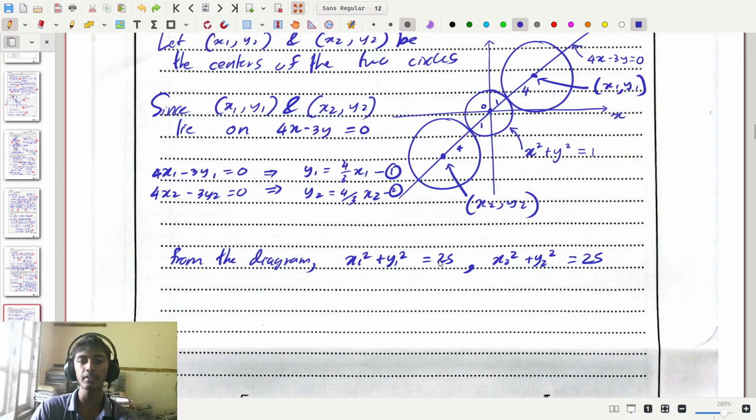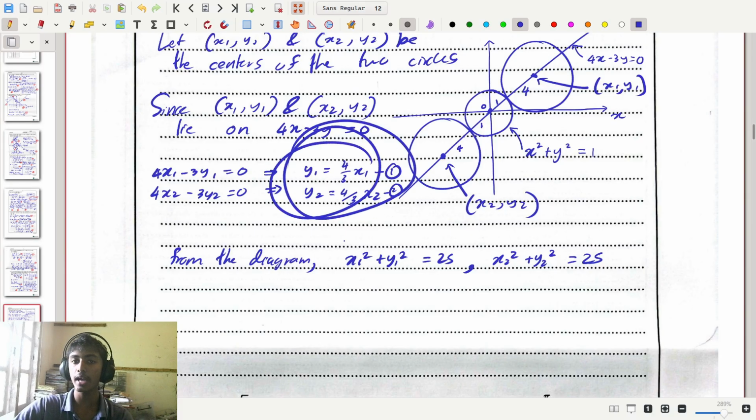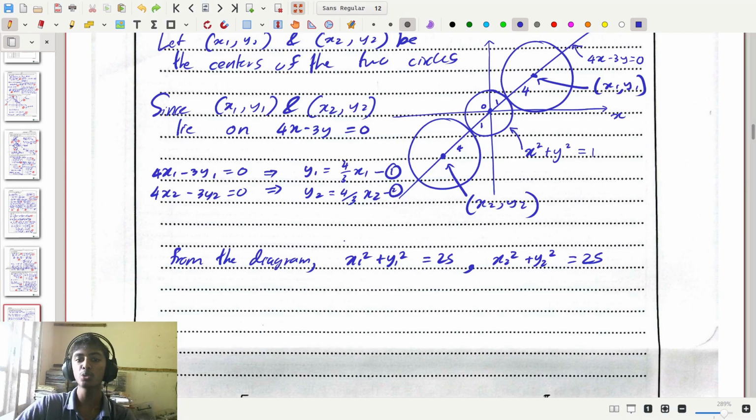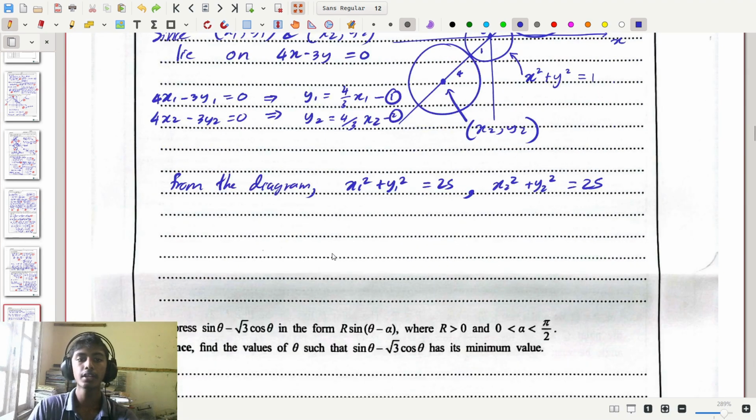So now that we have this, what we're going to do next is to apply these equations that we have previously into these to eliminate either y1 or y2 and then simplify them down until we get x1 equals something or x2 equals something, and then we're going to find using this equation the corresponding value of y. So if we use, let's say we call this thing equation number 3, equation number 4,